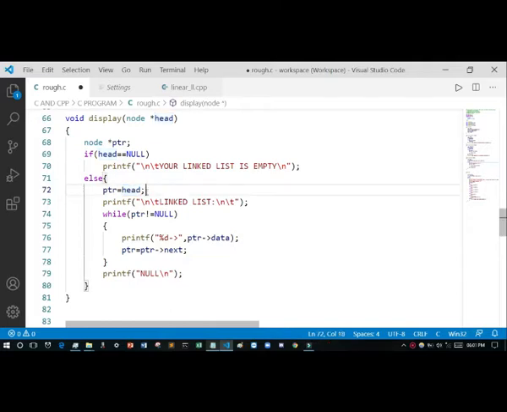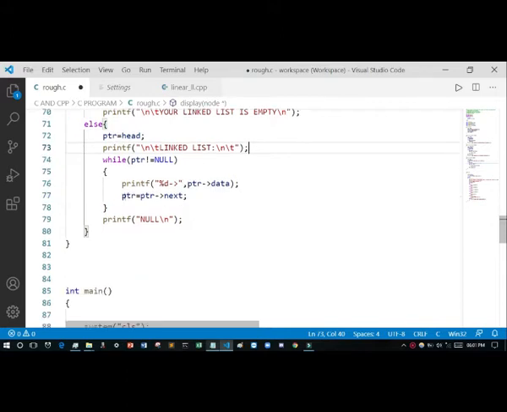Then I print the message, linked list, and whatever data is present will show here. Then the while loop continues, and when no node is present it will stop. For this reason, while ptr is not equal to null it continues, and when it equals null it stops, which means no node is present and all have been displayed.